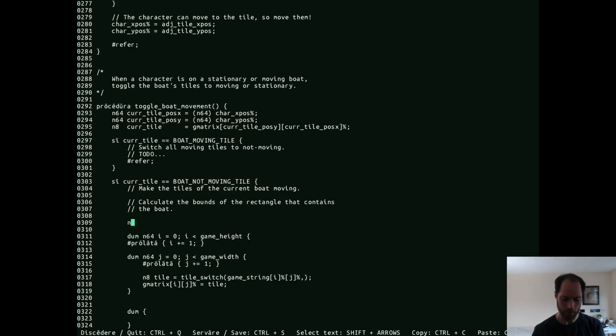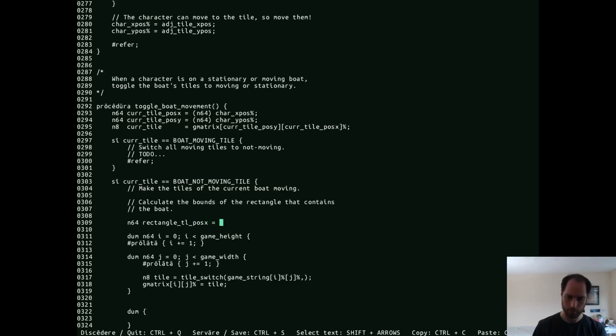I guess everything should be unsigned, so we could say unsigned rectangle top left corner and then the bottom right corner. So you can see the rectangle top left corner